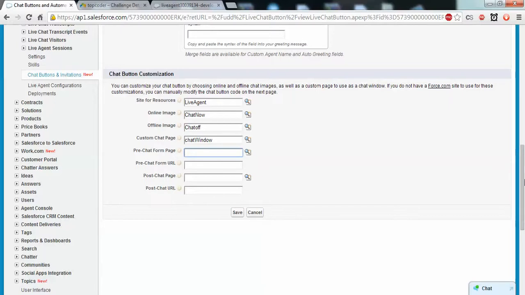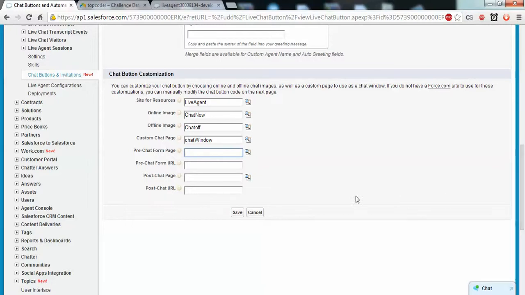But if you include a pre-chat page, then first it will ask for some details from the visitor, like his name, email, or what type of live agent he wants to contact, whether technical or consultant. So you can define that.